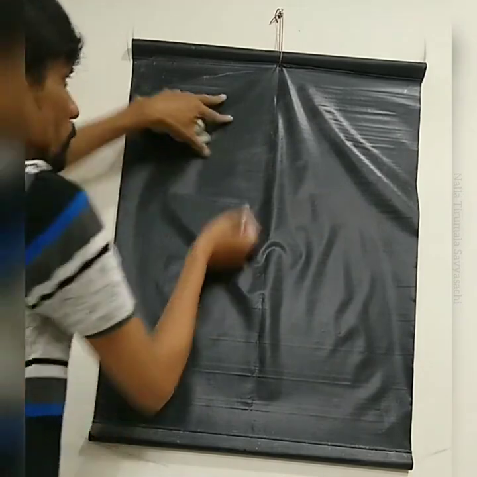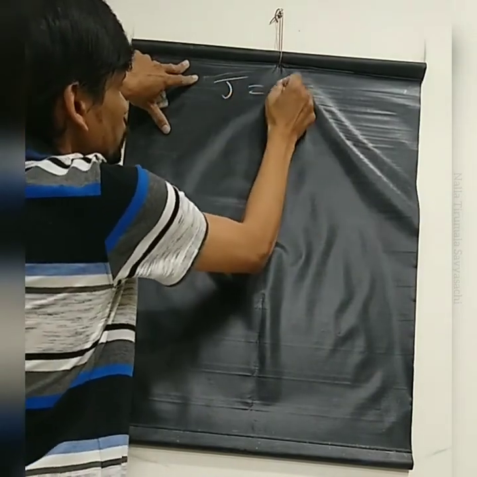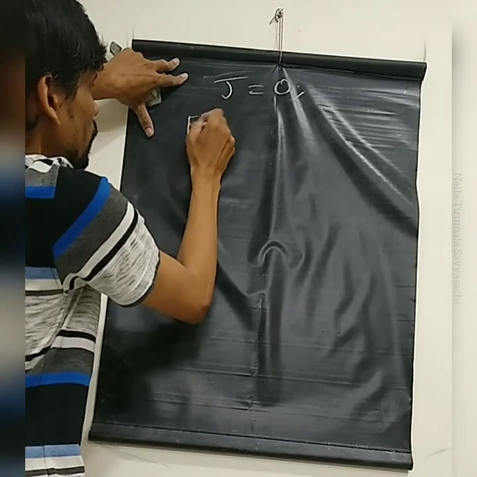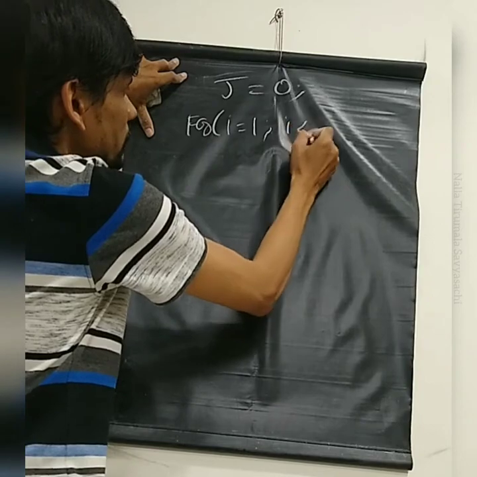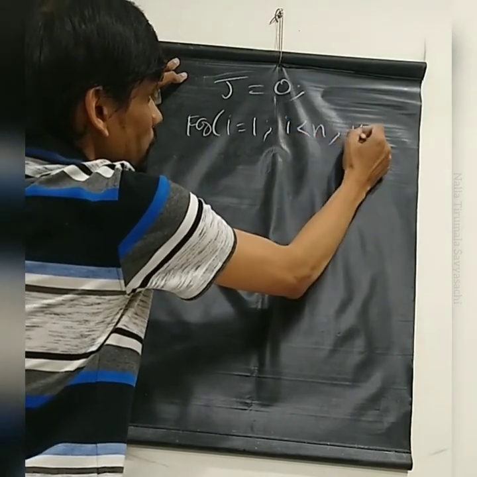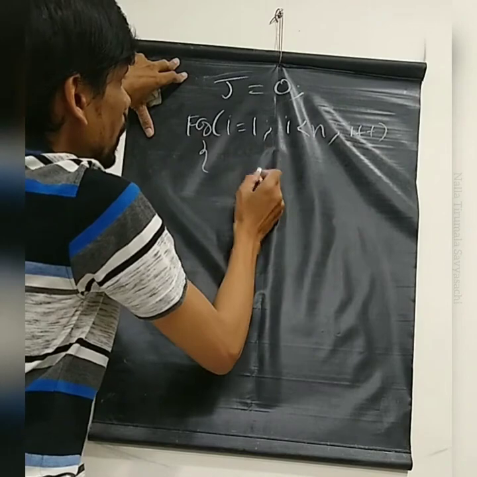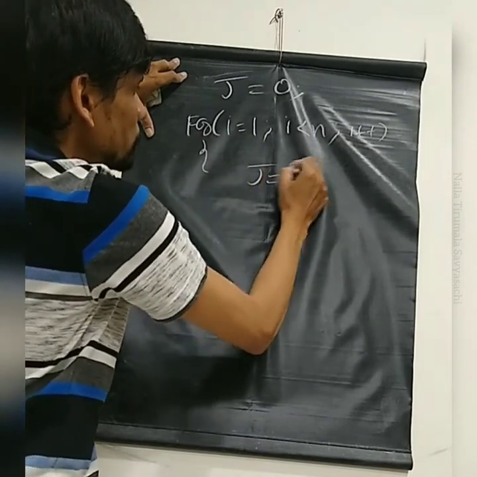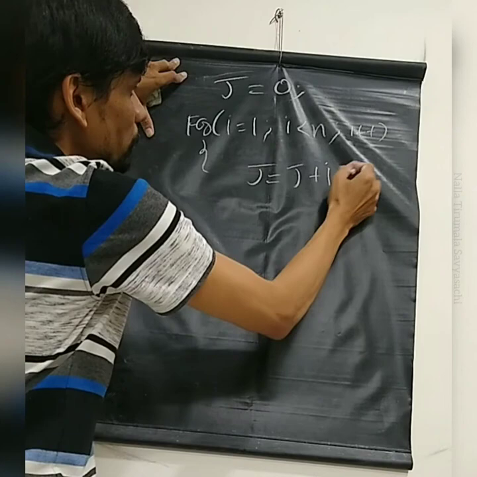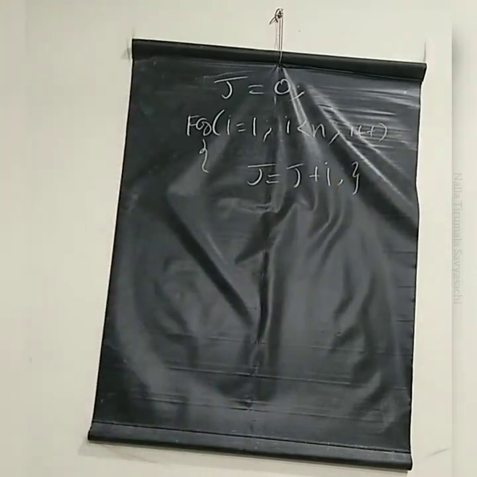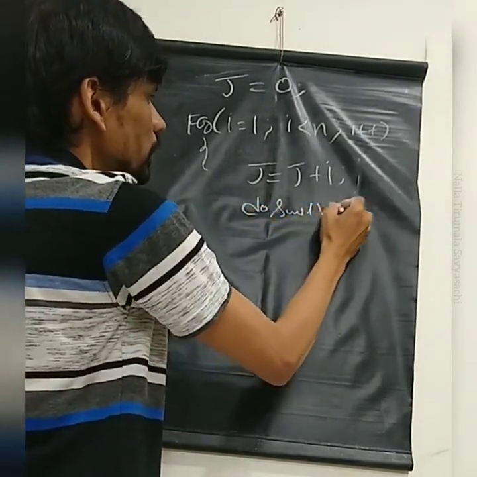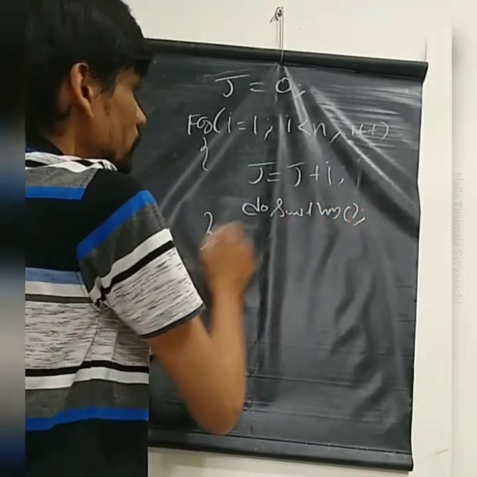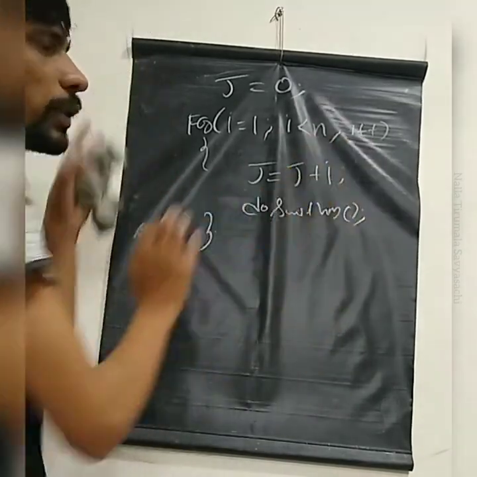We will see another example. Let's say j equals 0. Okay, I have another for loop. i equals 1, i is less than n, i plus plus. In this for loop, I am incrementing the j value: j equals j plus i. After this, do something. So if this is my code, this for loop,